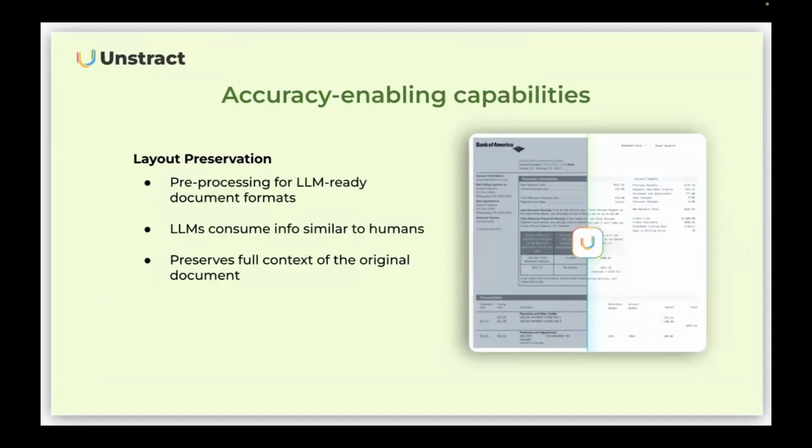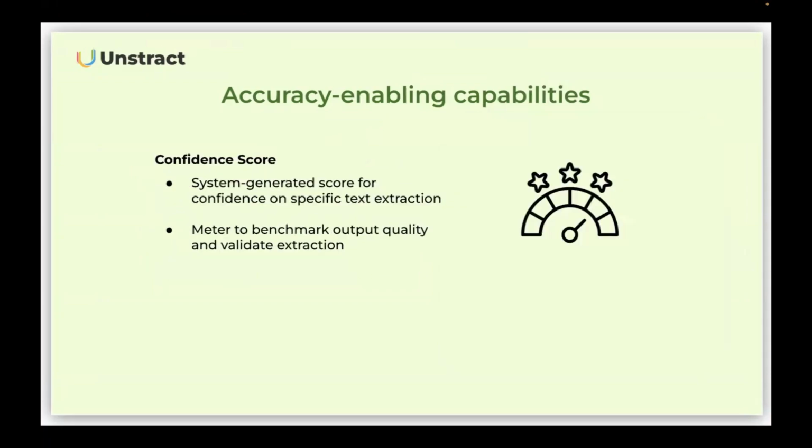So with that, we'll be moving on to the next accuracy enabling capability, that is confidence score. Now, it's true that with just layout preservation, LLMs can extract data from any document, no matter the format. However, they can sometimes still be prone to inaccurate extractions. And as we looked at earlier, there is still currently no way for you to verify whether the extraction is correct or not. So this is where the confidence score comes into the picture, which is another capability supported by